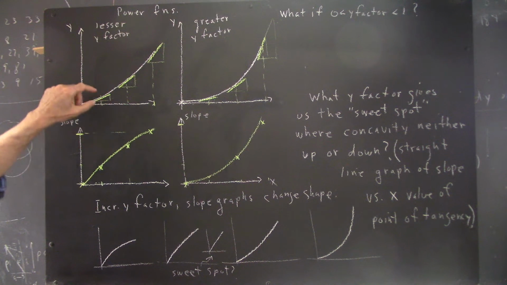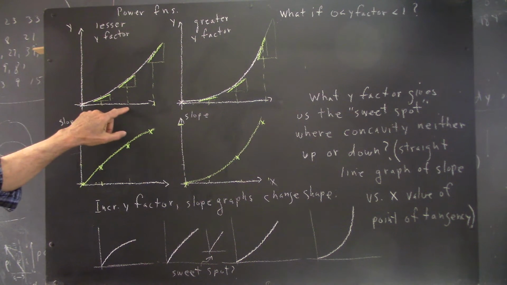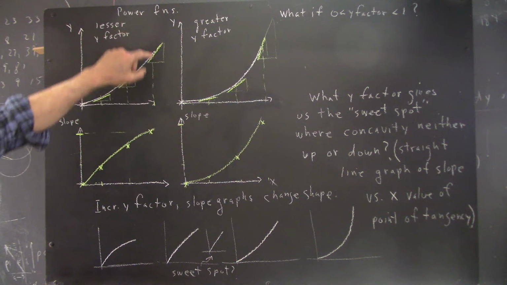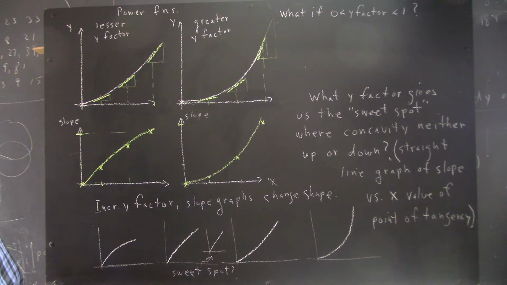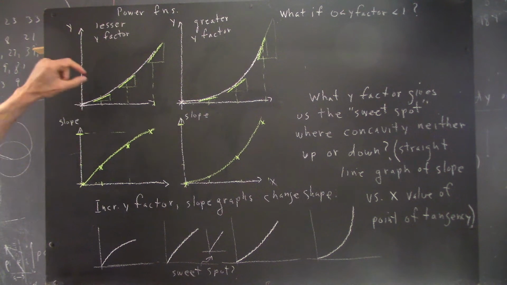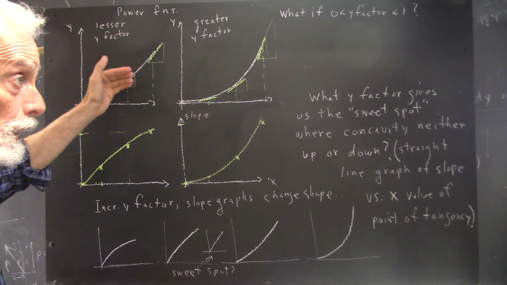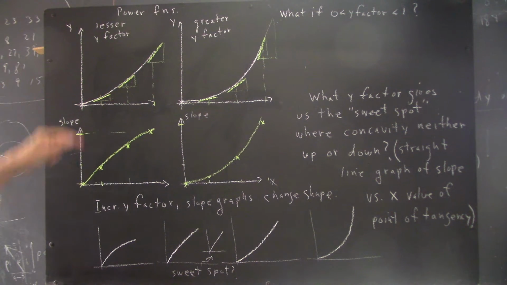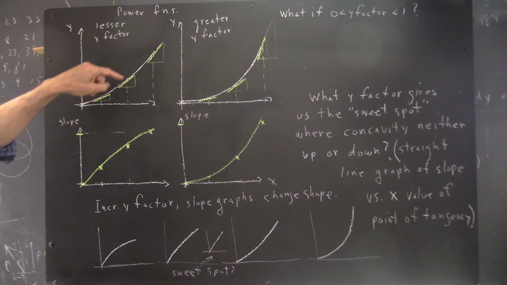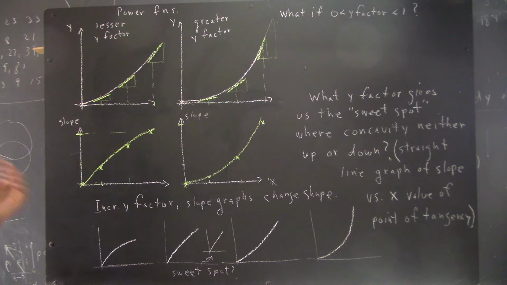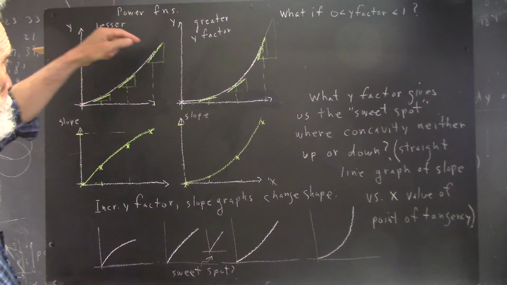Here's the x value for the point of tangency here, the x coordinate of the point of tangency here, x coordinate of this point of tangency. We have slopes. Now I draw little triangles that we can use to indicate the slope. I've used approximately the same run on each triangle so that the relative values of the rise give us relative values of the slope. And I estimated that the rise here is about